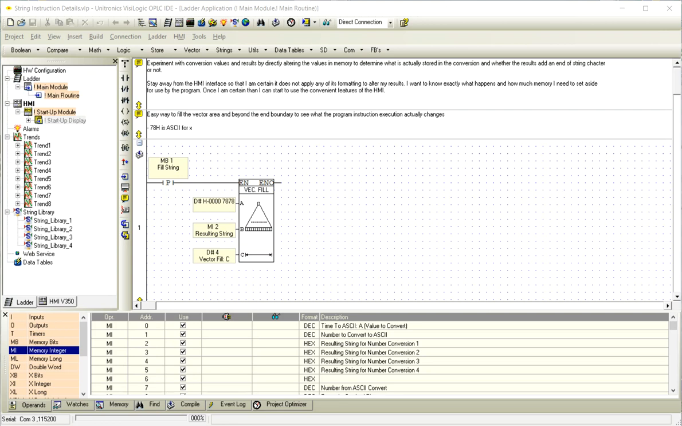If that string writes over top of the MI location that I'm using for an addition operation, I could get some crazy errors that are hard to follow. So I want to look at the specifics of strings and, in more general terms, how to experiment with instructions and make sure that you have all the details correct so that you're not causing yourself problems when you